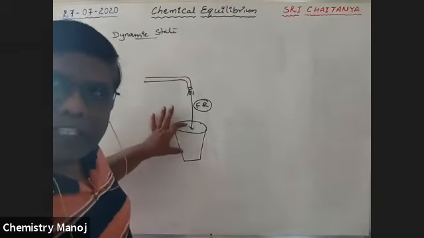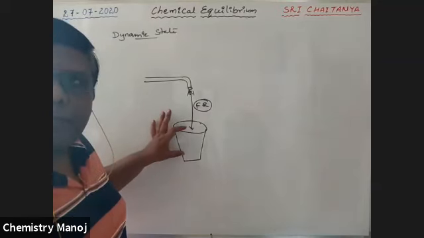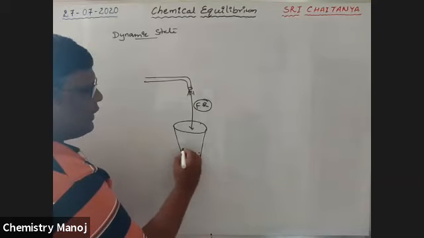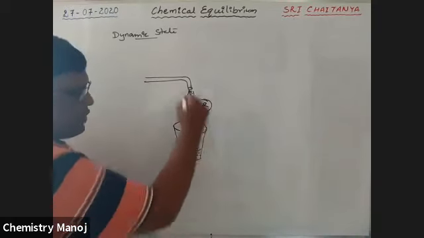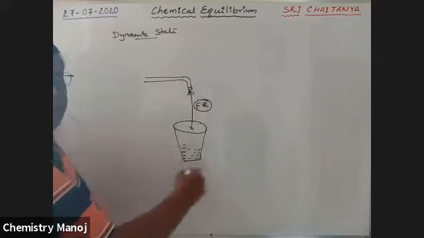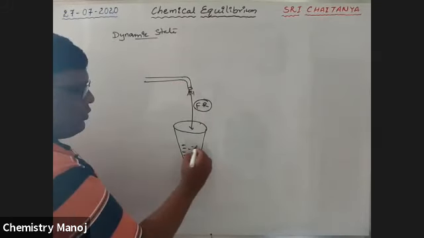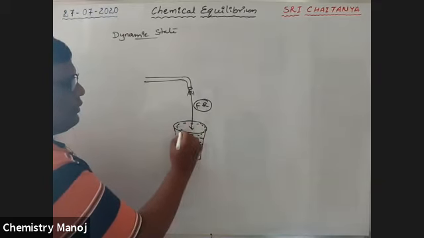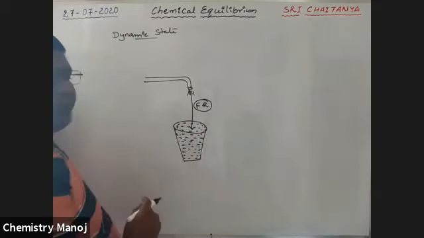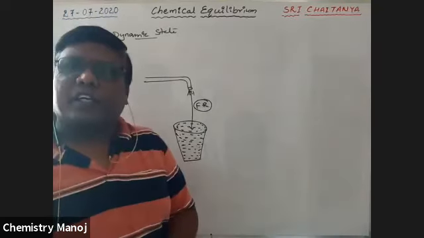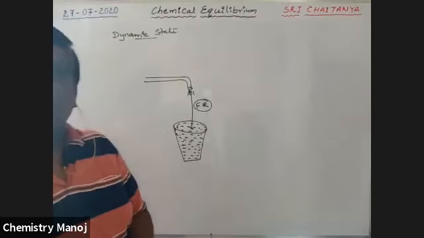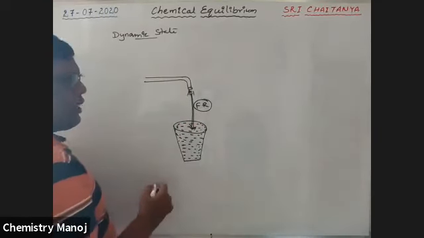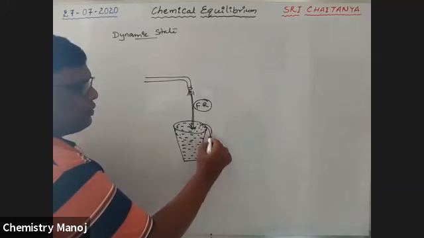At the beginning, the bucket is empty. Slowly the volume in the bucket is rising, and up to that point only the forward reaction is taking place, no backward reaction. So now the bucket is filled up to the surface. Up to this, only forward reaction. Next, after that, the forward reaction is going to continue. Now the water is going down.